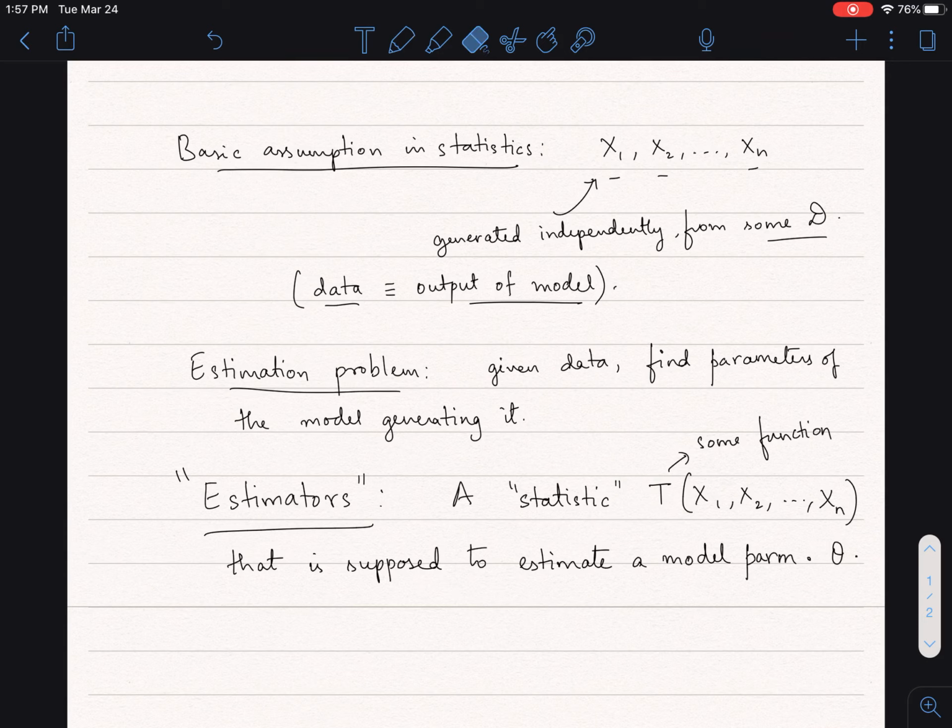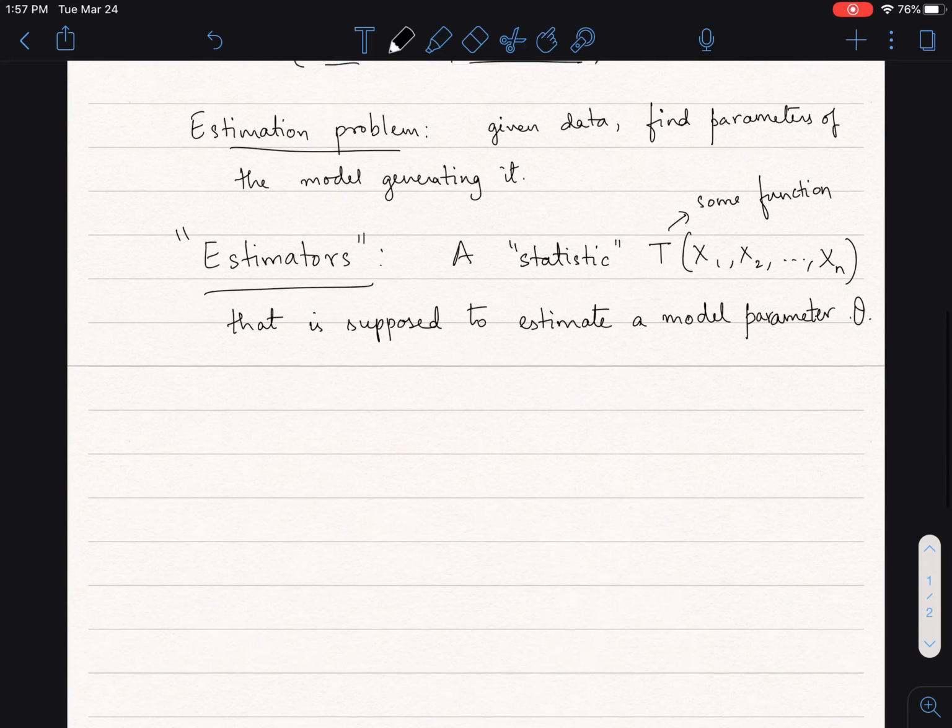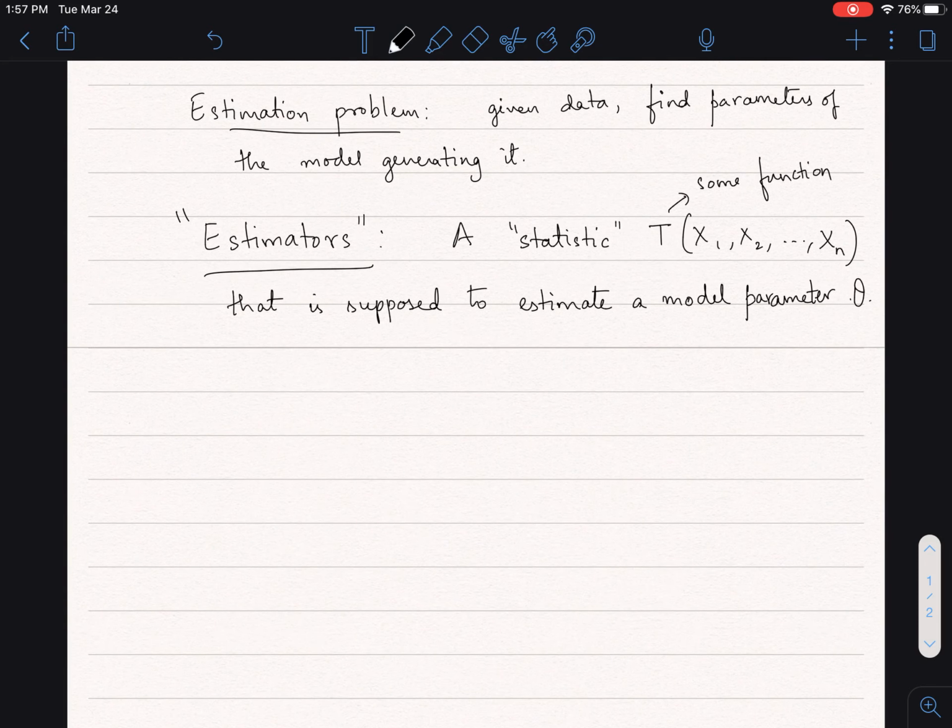Okay, so this is how we defined an estimator,